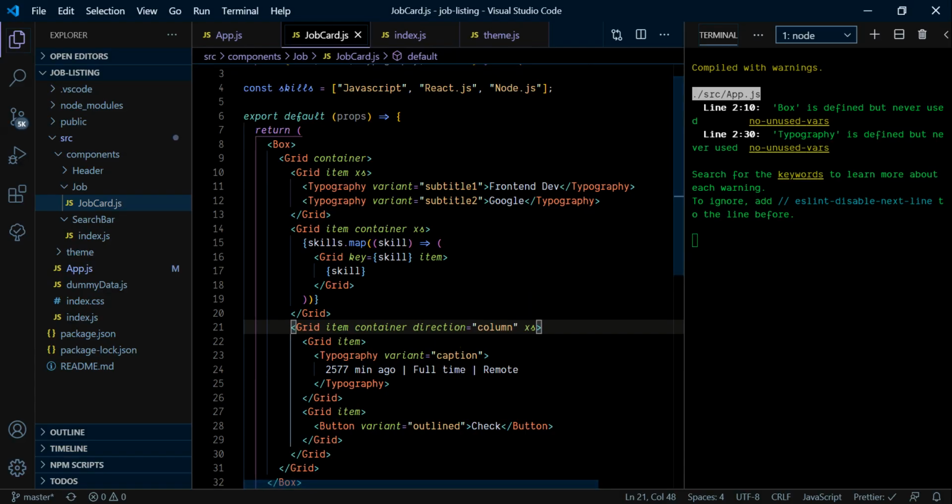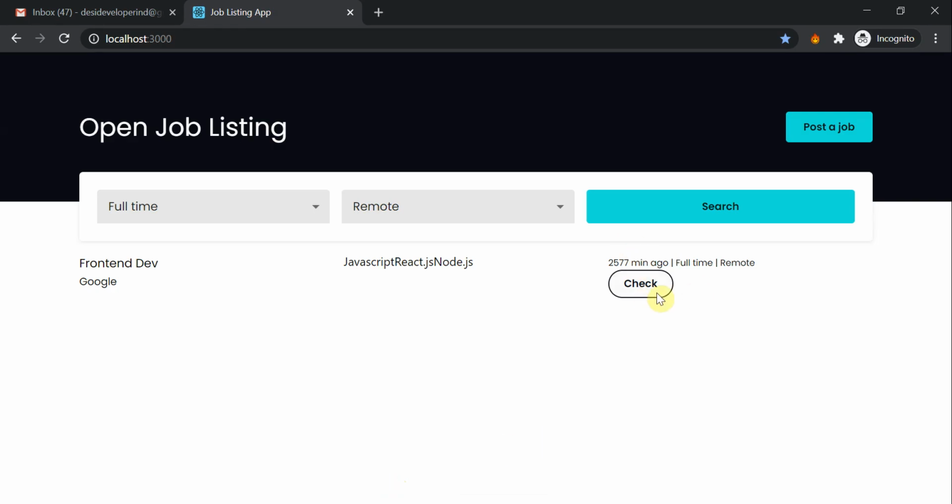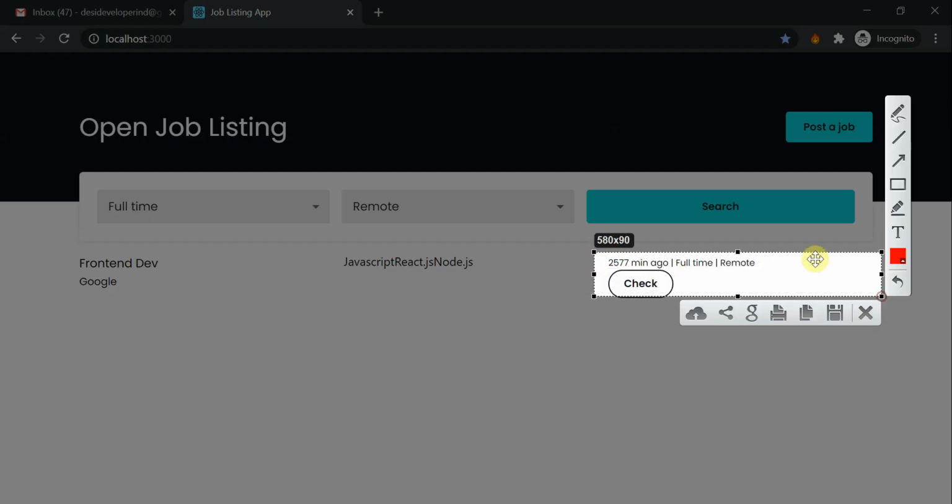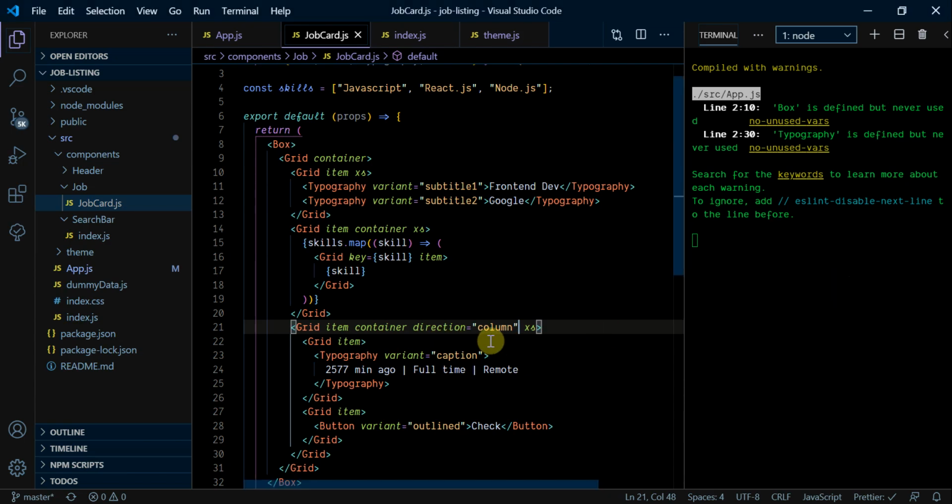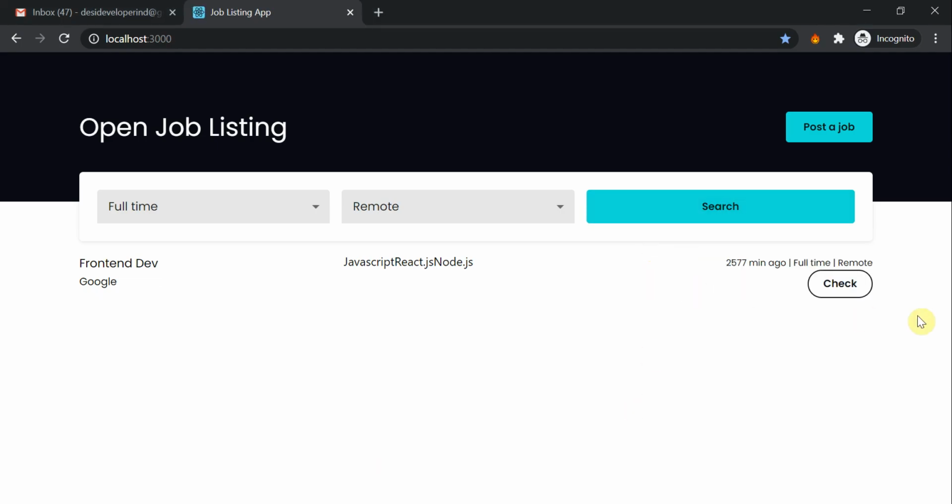And now this is not the way we want it, shifted to the very end like over here. We can do that by passing in the align items on the grid container, which is wrapping these two components, and give it flex end. So now these two grid items will be shifted to the end.